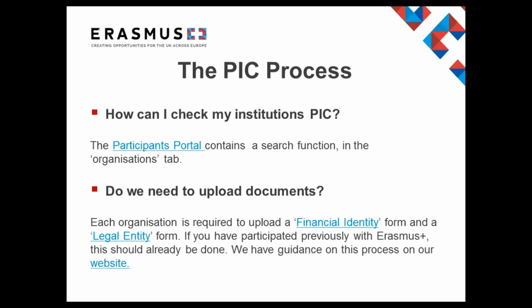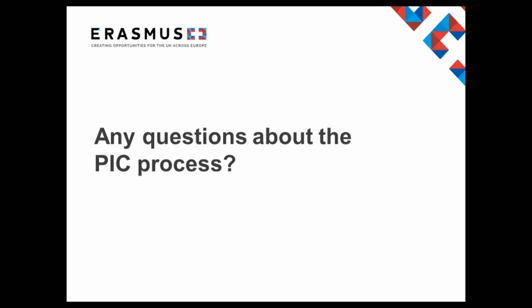We are also frequently asked what documents need to be uploaded. Each organisation requires a financial identity form and a legal entity form to be uploaded to the organisation's data. Both will have to be accompanied by a supporting document. The financial identification form needs to have a recent bank statement as a supporting document. Alternatively, if this is not possible, the form will need to be stamped and signed by your bank, confirming details. The legal entity form needs to have any document of incorporation or registration which proves the legality of the organisation